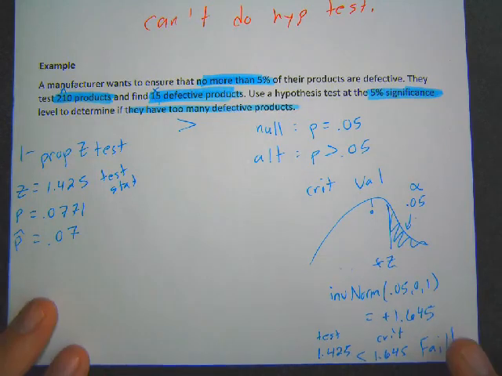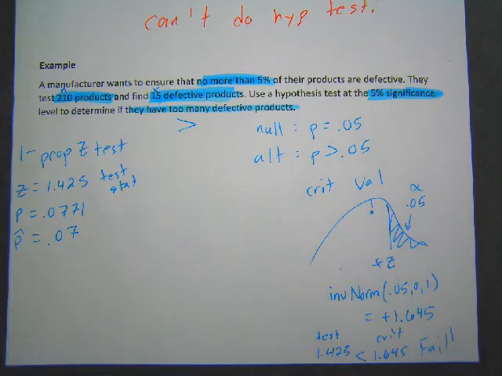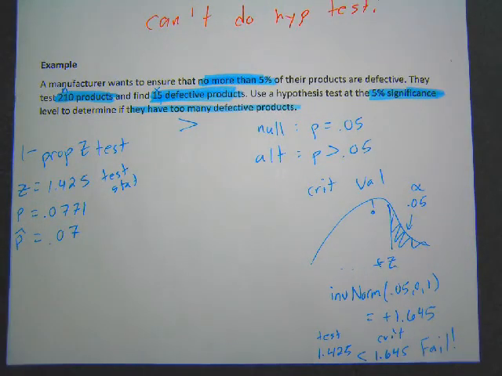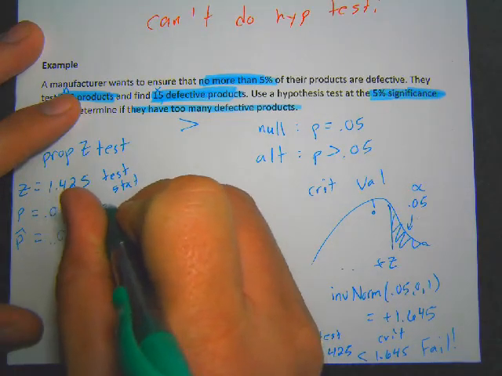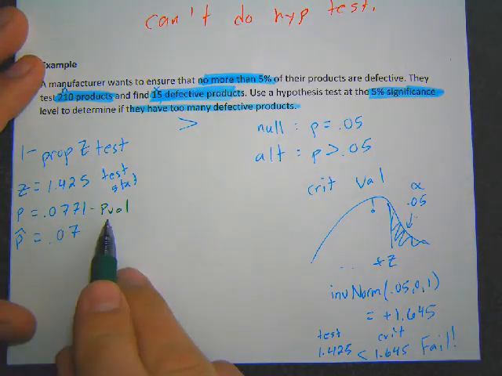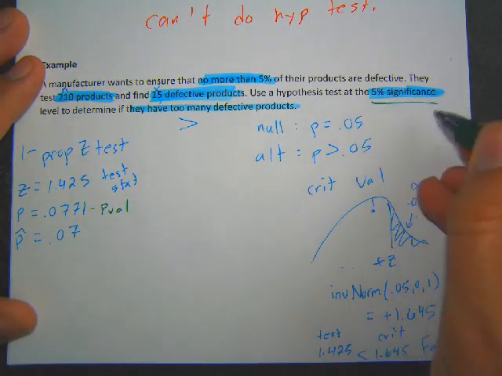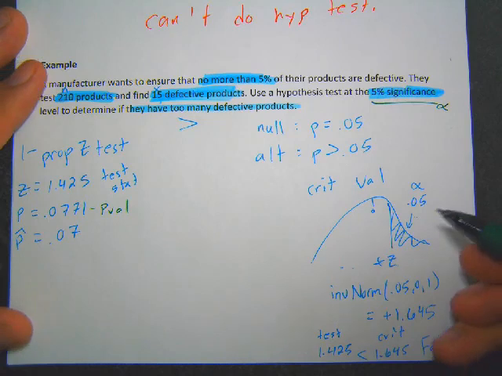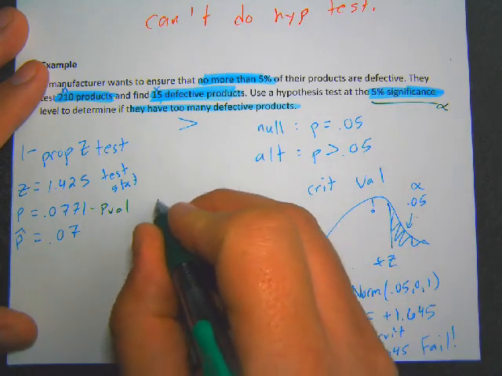So far it's saying, no, it doesn't. So we should probably expect the same thing with our p-value test. So using the p-value method, let's look at that. P-value method, again, this is our p-value from the 1 prop z test. And we always compare the p-value with the significance level. That's our alpha. So we're going to compare and say, the p-value, is